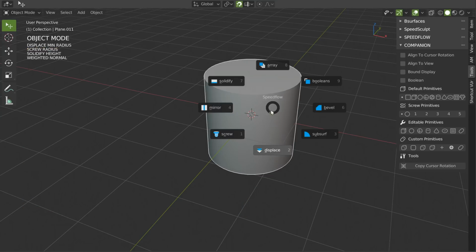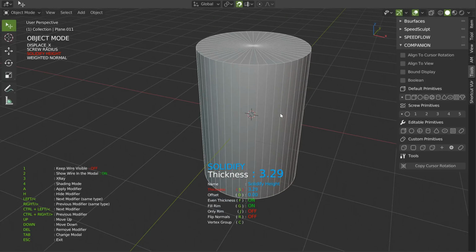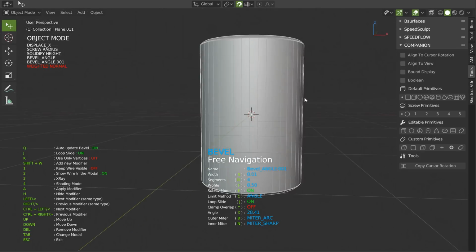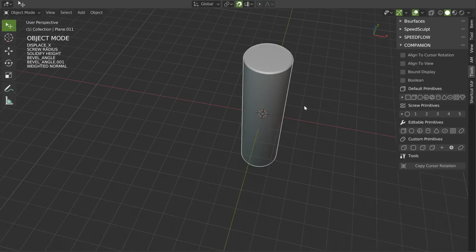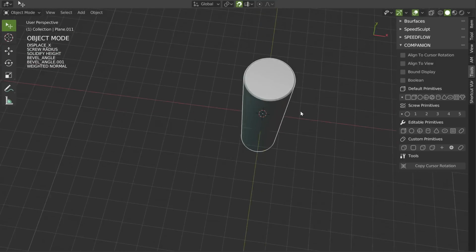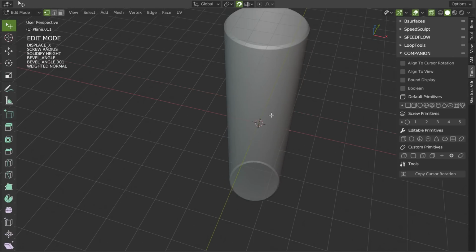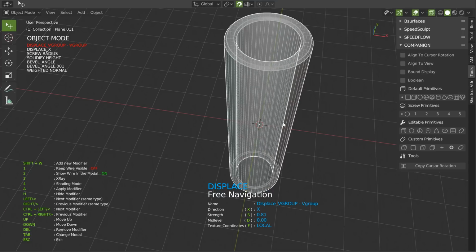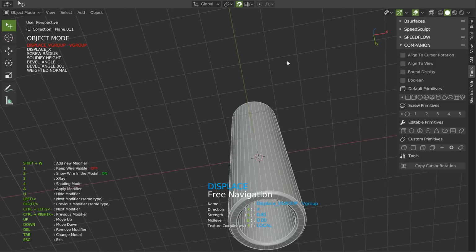like that. I can play with the displace, I can play with the solidify, and I can add a bevel, why not, like that, a second bevel, Shift W, like that, and edit the solidify, and that's it, I created this. So this is pretty simple. If I go in edit mode, this is just that, and the interesting part is that I can add a displace on this one to create this, as you can see.